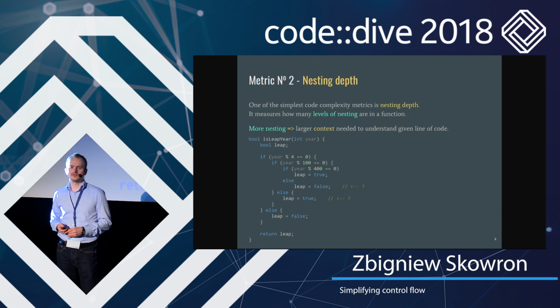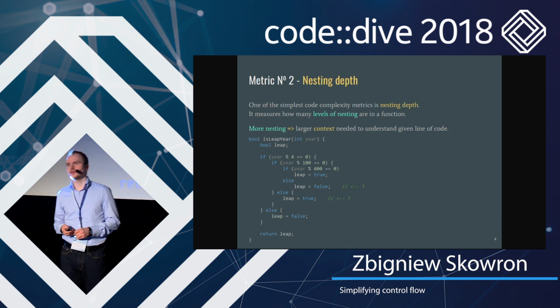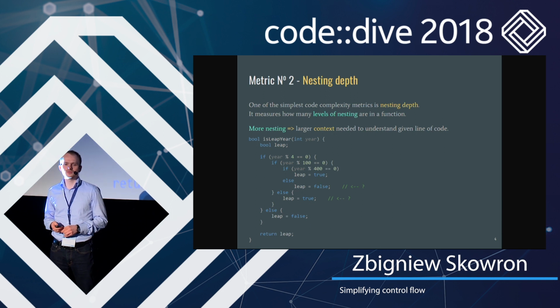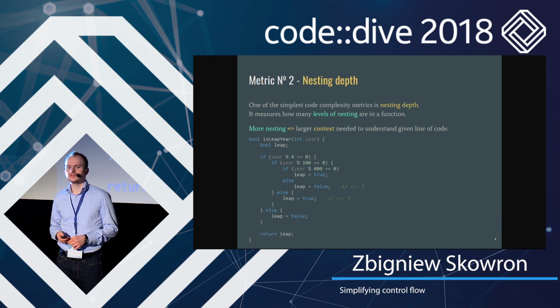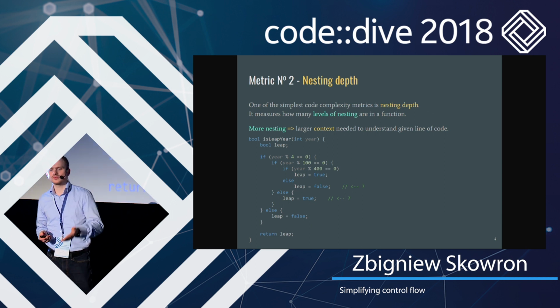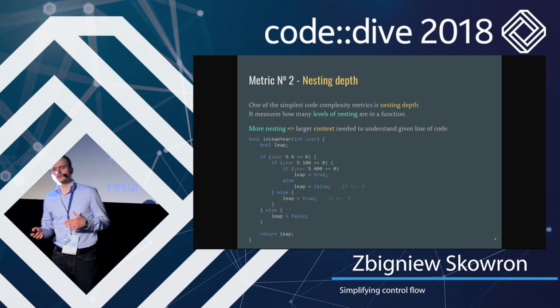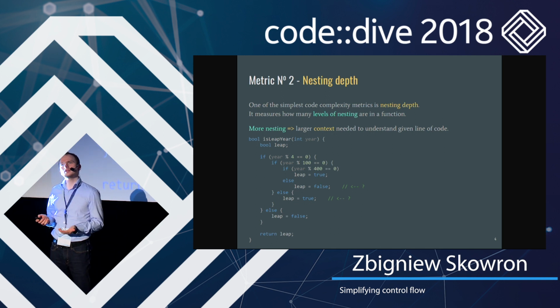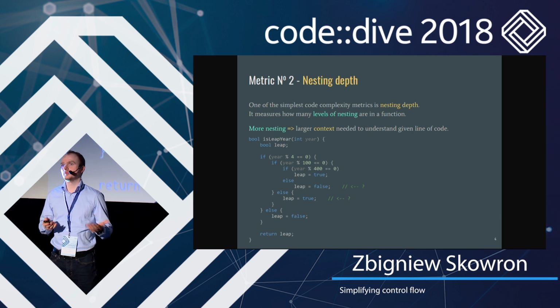In the example, we have a function that is calculating whether a year is a leap year or not. And it's really badly written, as we will see, because there are many nesting levels, and it's very difficult to understand what's going on. Because if we take any line of code, for example, the first one that's highlighted, we have a very complex context of the conditions of the previous ifs that determine under what circumstances a given line